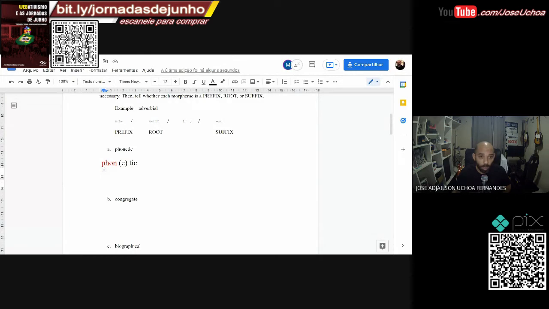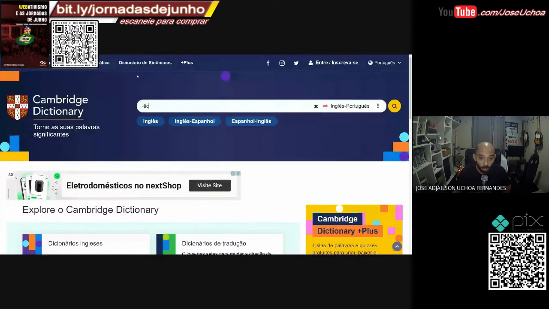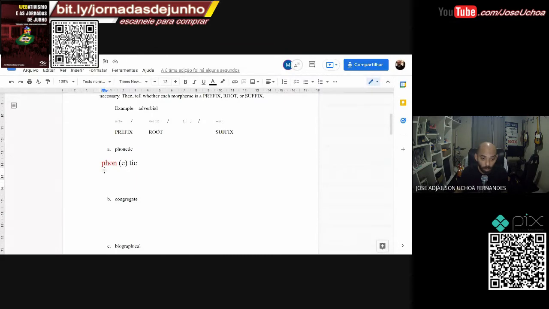Dramatic. Yes, dramatic. Okay, look here. You can search sometimes. The dictionary will help you find suffixes or prefixes if you do it like this, using this symbol here and tic. But this was not the case because tic is a very common suffix. But we can think of similar words. Dramatic, what else? Problematic,